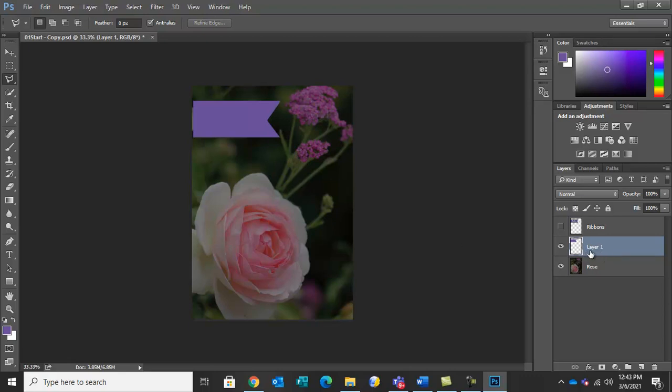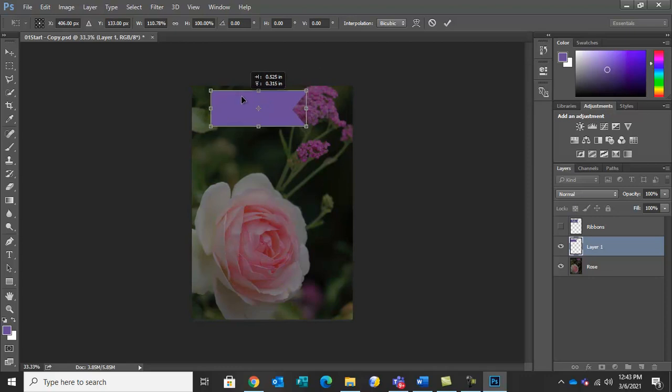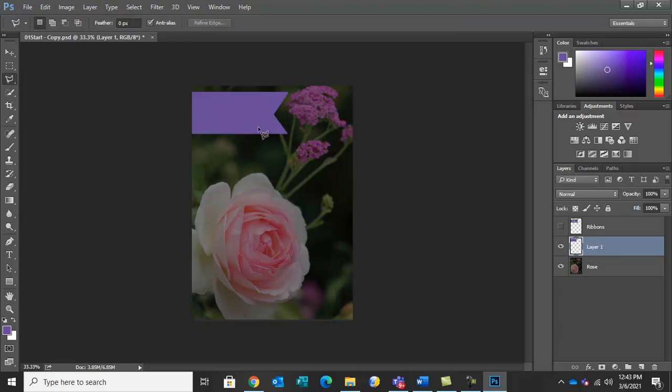Now layer 1 is selected. Now press Control T. See, it is selected. Now you can see, this is the beauty of Photoshop. It works in objects and different layers. So you can change it, you can move it, you want to put it here, you want to put it here, as per the design. It is not like Paint, in Paint it is very difficult. Once you design it, then there is a problem to modify it. Okay, we will keep it here and hit enter key. So this ribbon is created.